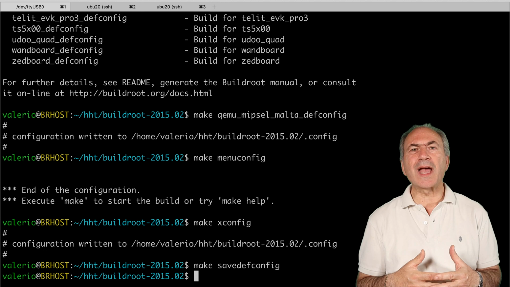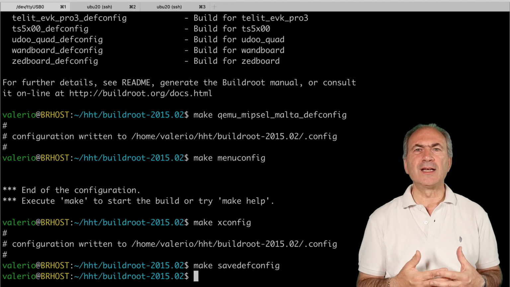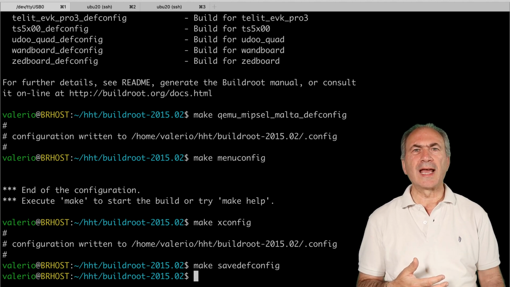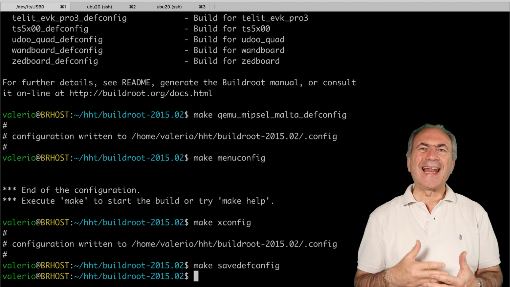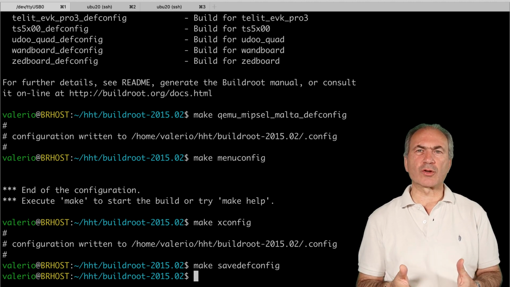In this way, we are overriding a file shipped with buildroot and located inside the buildroot folder. Later, we will see how to store our configuration in an external tree outside of the buildroot tree.